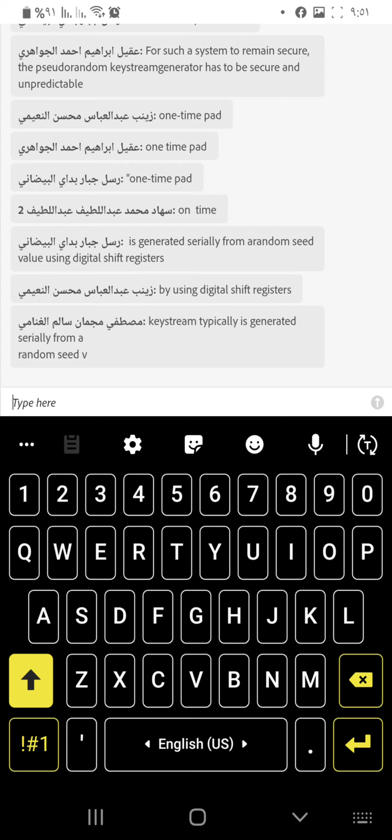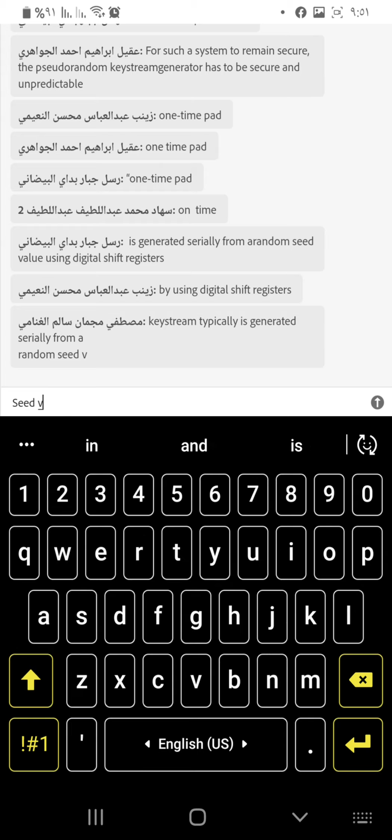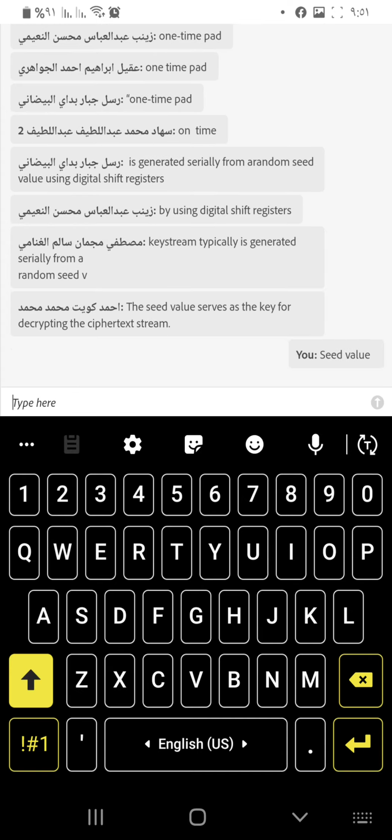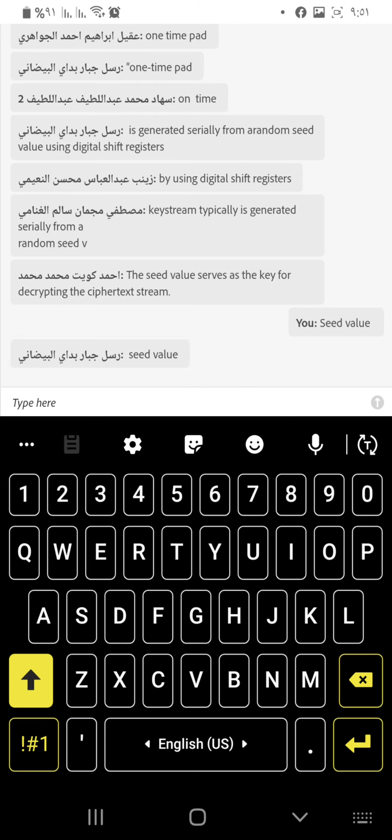When you use pseudo-random key stream in a stream cipher, what is the key? The seed value, yes. Ahmed Kuwait, the seed value, and Mustafa Muhammad Joseph. So,